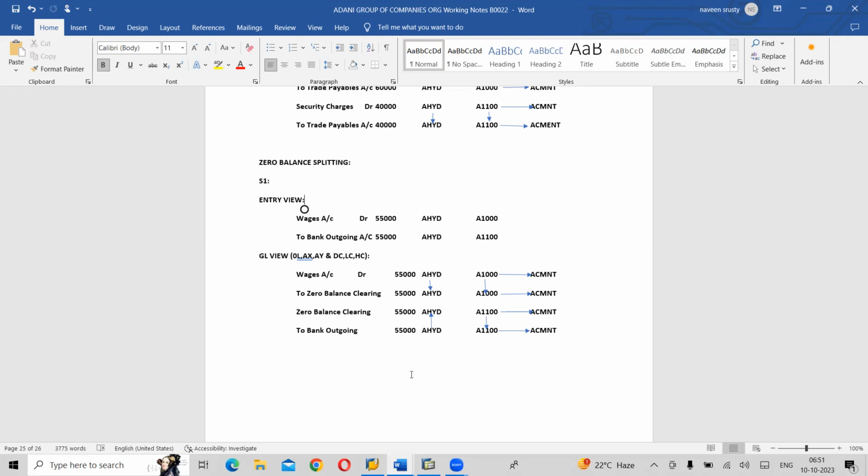Understood? So here you can see the debit line, it is showing at profit center level. Debit is showing A1000, and credit is showing A1100. So debit is not equal to credit, correct? Which level is it not equal? Profit center level. Because it is not equal here,